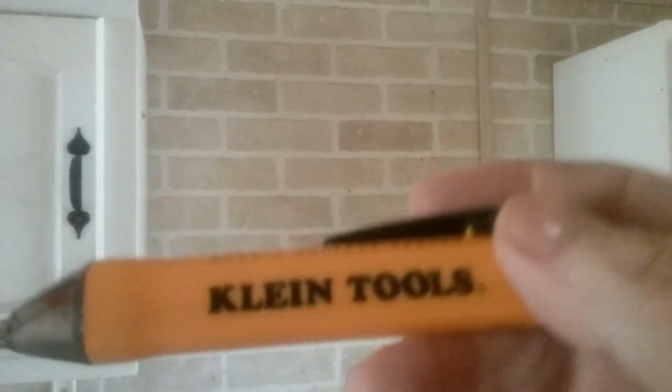Yeah. I had it right. That's why I use this one. I've got like 3 or 4 different makes. Greenlee makes a good one. I prefer my Greenlee, but I do have my Klein. There are some cheap ones out there. I hate to say this, Lowe's, but that one y'all have, I don't know who it's made by. It's green. Kind of looks like Greenlee, but it's not. It's crap. I've got one, and sometimes it sounds off on a live circuit. Sometimes it won't. Sometimes it sounds off on a dead circuit. So anyway,